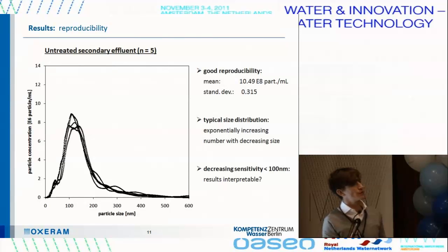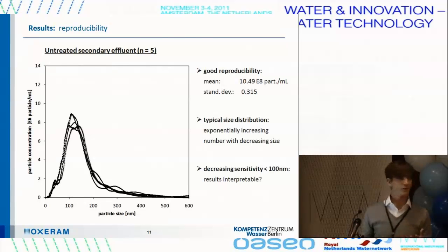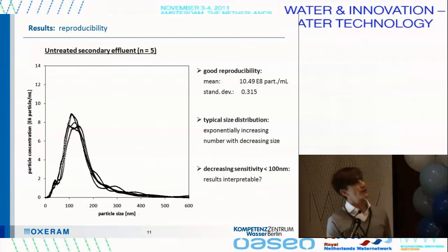And you also see a typical size distribution, as you can also find in other types of waters like surface waters, where you have an exponentially increasing number with decreasing size. But you also can see that at around 100 nanometers, the sensor response is decreasing, and the curve goes down. And so we defined